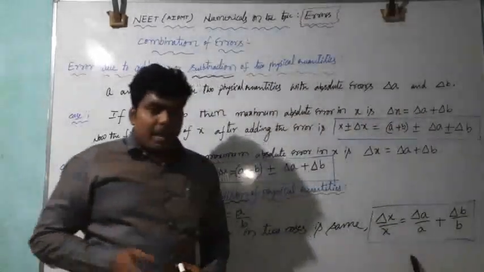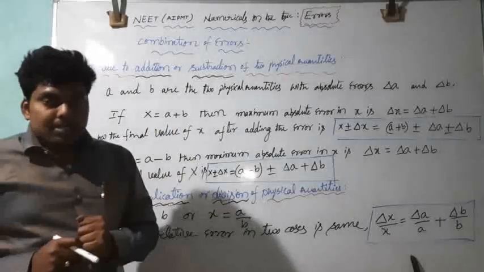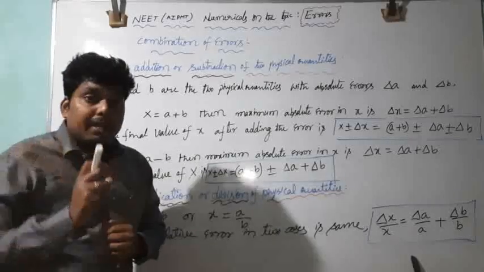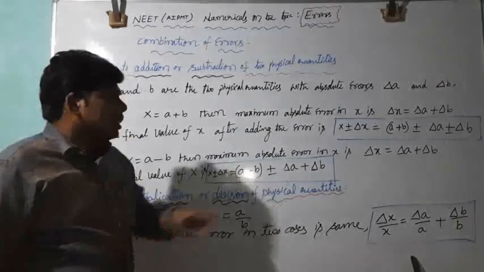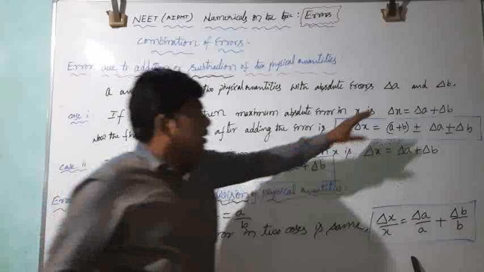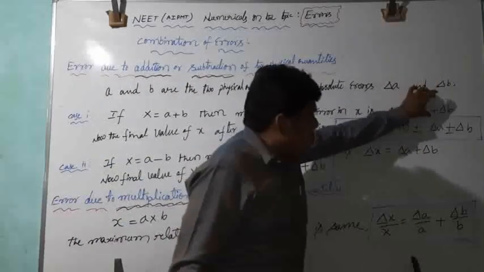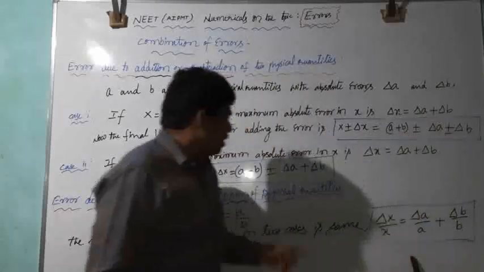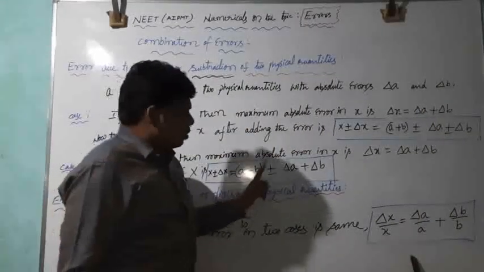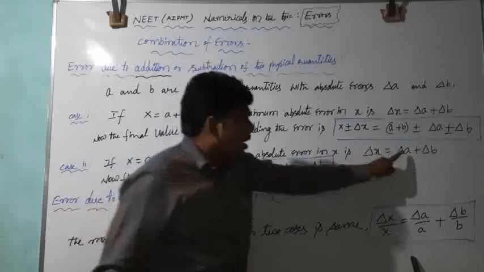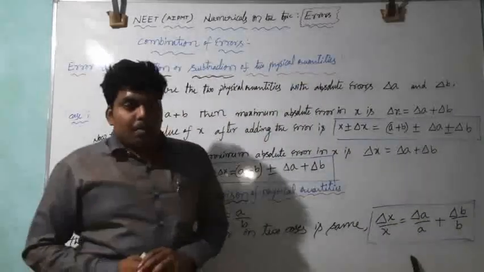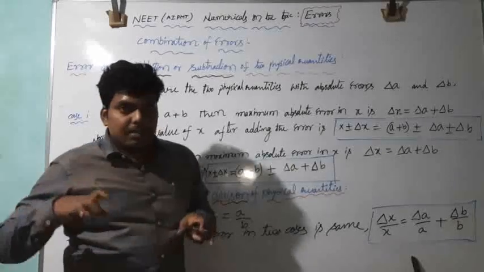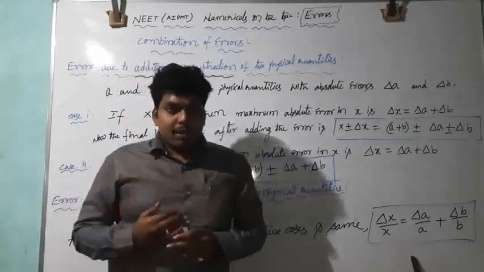Whether you add the two physical quantities or subtract the two different physical quantities, you will always get the same formula, that is delta x is equal to delta A plus delta B. Here also delta x is equal to delta A plus delta B. It means that whether you add or subtract the two quantities,